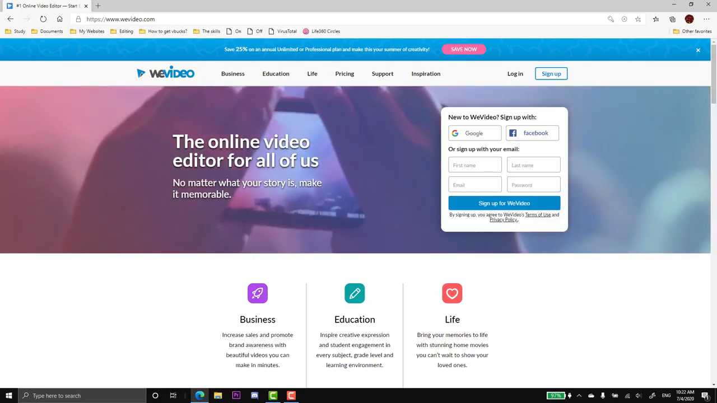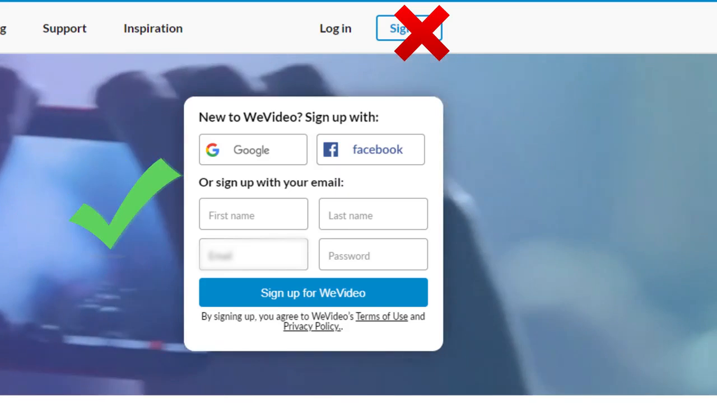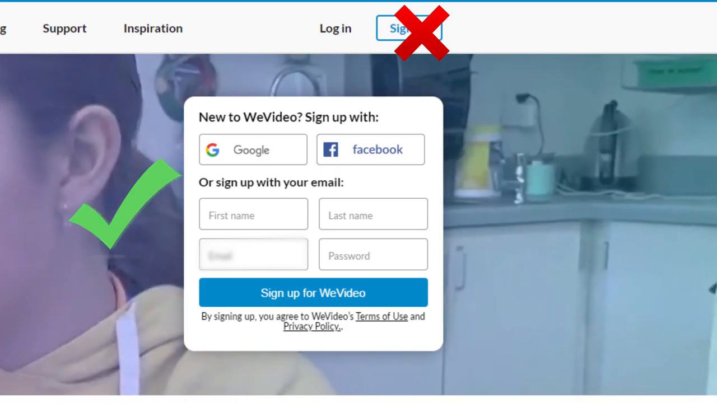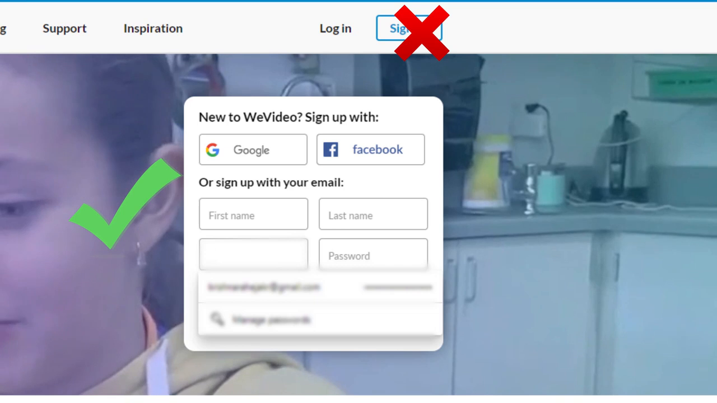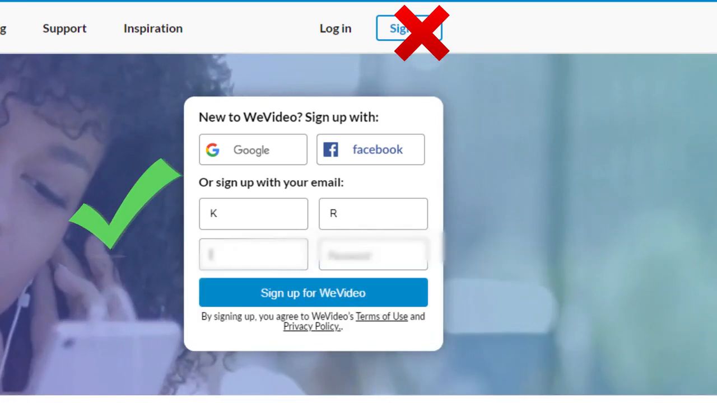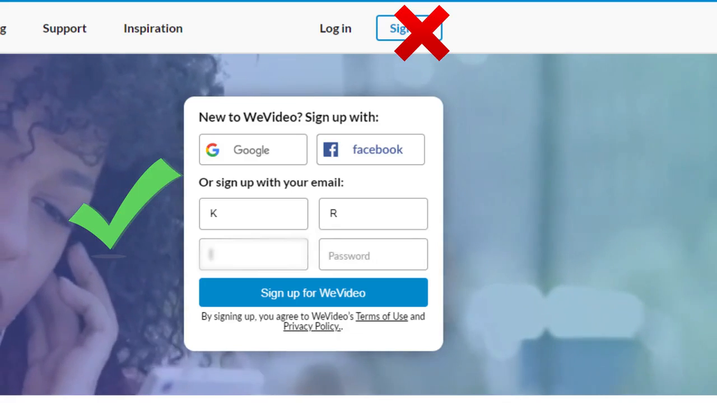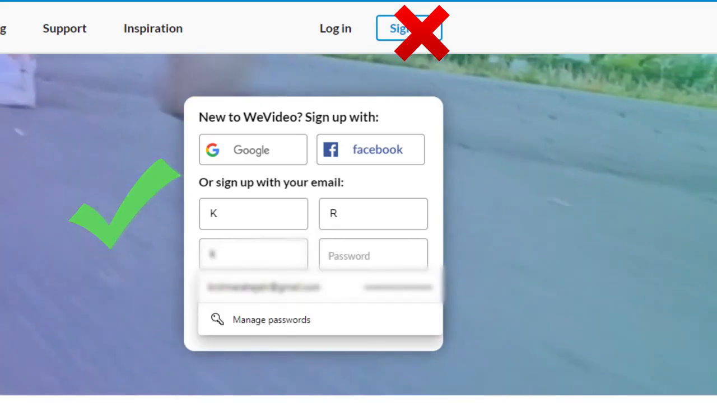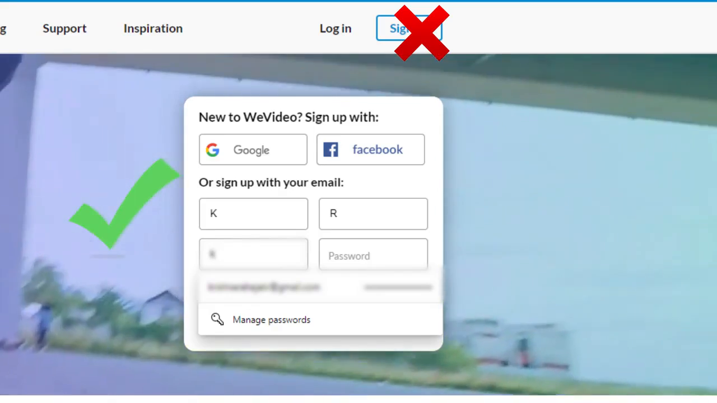What you need to have is an email. So I'm going to enter my first name and last name. This is a fake first name and last name. So here I'm going to enter my email. You could use your email or